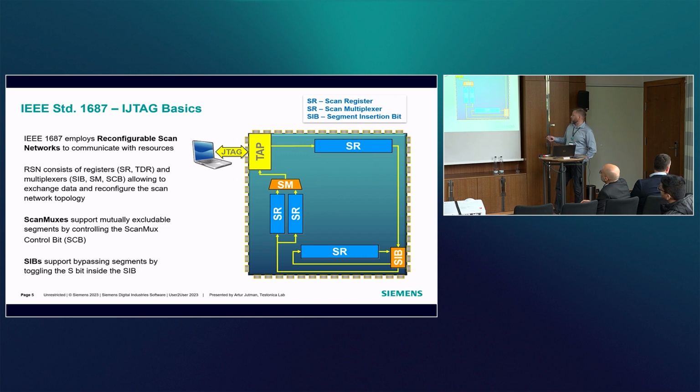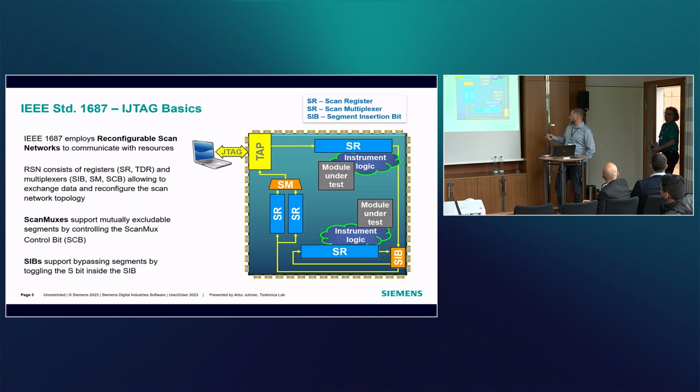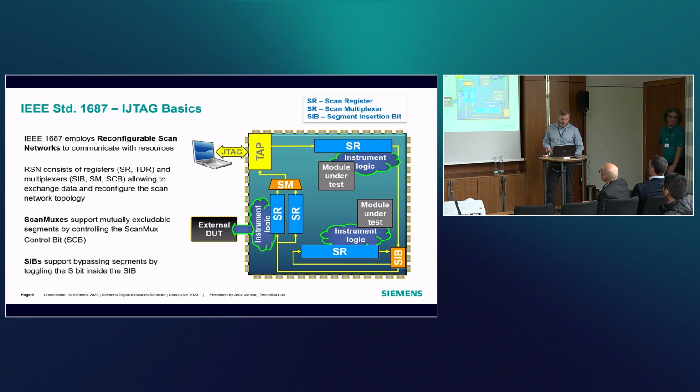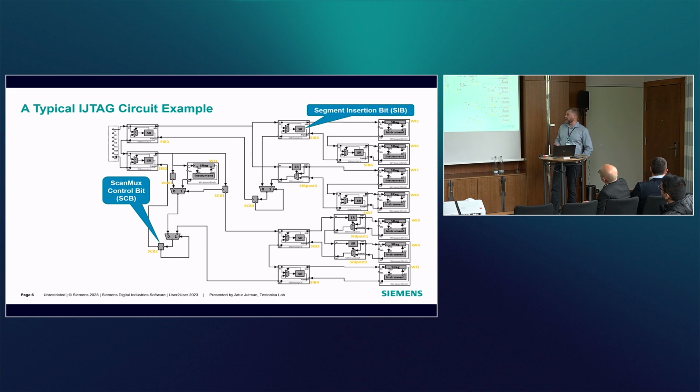And those shift registers are, of course, attached to instruments which are developed to test some modules on the system on a chip and external to the system on a chip. So simple from the top level perspective, but if we look deeper, then the actual implementation uses a lot